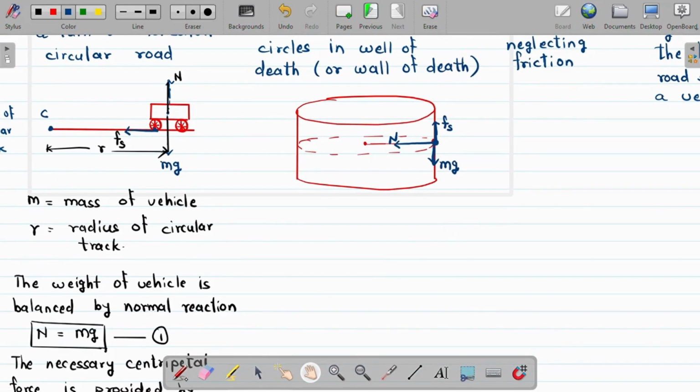So here again, if I write mg is the weight of the motorcyclist. Sometimes in the exam, you may find a question that includes the weight of the motorcyclist along with its bike. So whatever is given, mg represents the weight acting vertically downward,